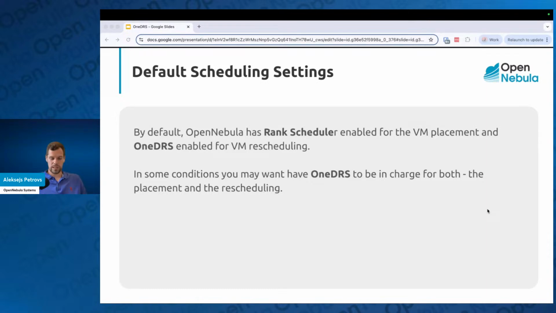Currently, out of the box, we are utilizing both schedulers. The rank scheduler remains the default scheduler for deployments, and OneDRS is in charge when you are optimizing, so when you create a specific plan and optimize the workloads. In some cases, on some conditions, you may want to leverage OneDRS for both the placement and rescheduling and optimization. This might be a reason for you, and it is possible to change. But out of the box, we are relying on the rank scheduler to deploy virtual machines, and then OneDRS is responsible